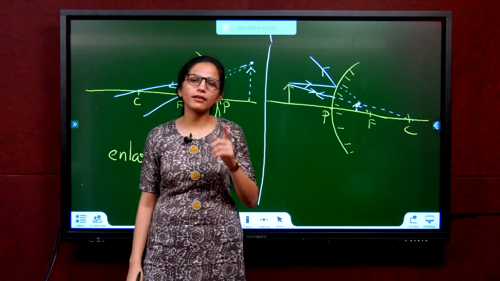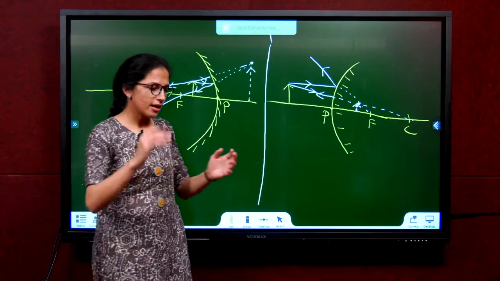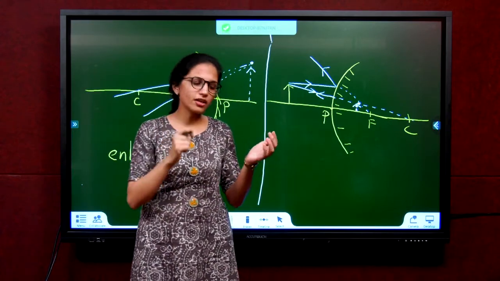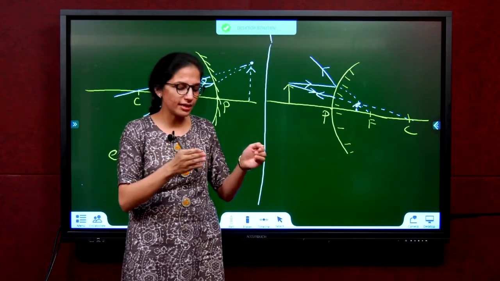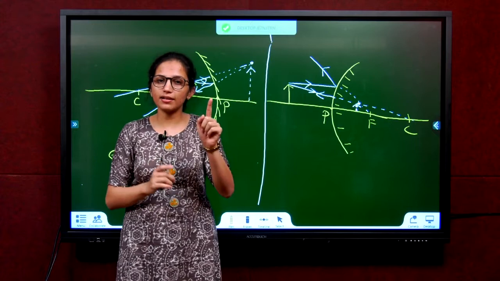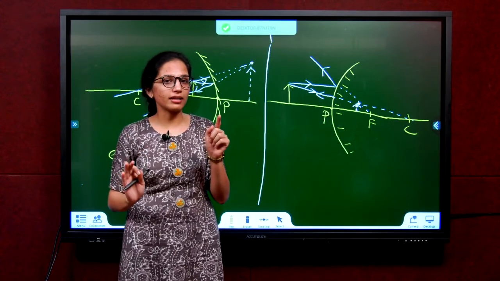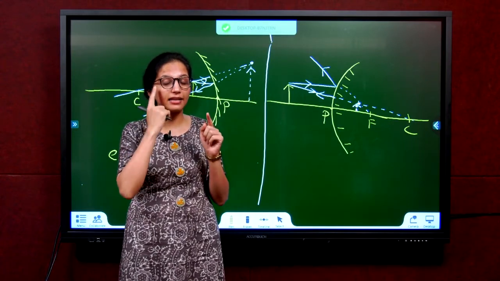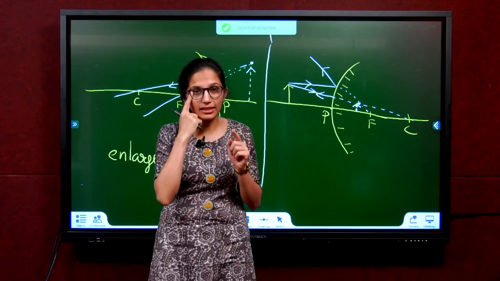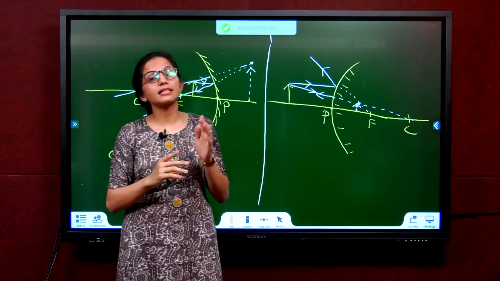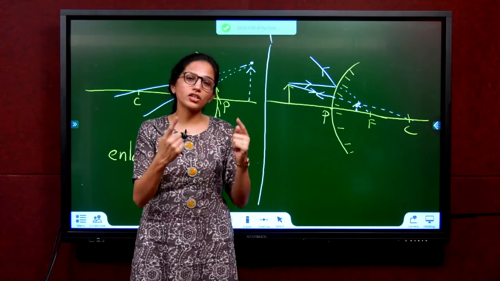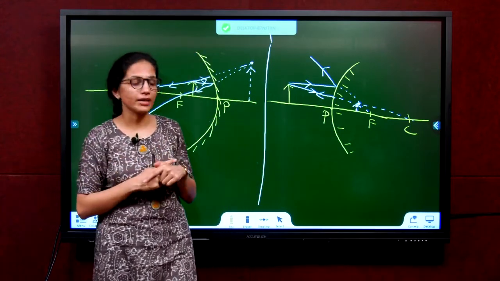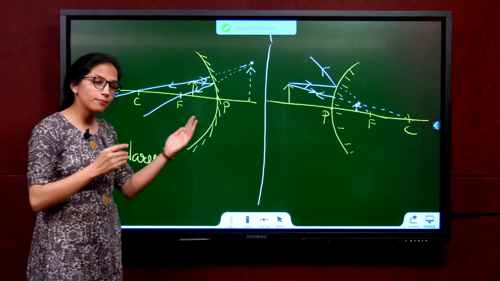Next. Does the dentist want real and inverted image or virtual and erect? Do you ever see your dentist holding the mirror and then holding one screen? Oh, the tooth is here, let's take the screen there. He'll hold only one mirror, nothing else in the other hand. No screen. He sees it with his naked eye. Virtual images are seen with the naked eye. Real images are seen with the screen. You need screen, then you see it. Virtual images directly you can see with your eye.